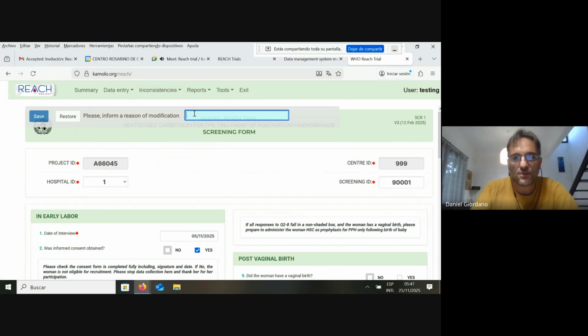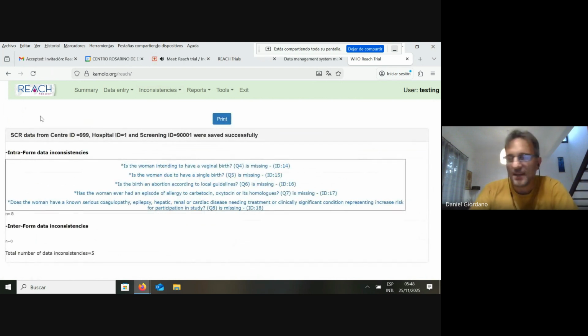So the data operator should enter, for instance, data entry mistake, indicating that this modification is justified by some mistake made during the data entry process. So then click save, and the data is again successfully saved in the system, and the system immediately